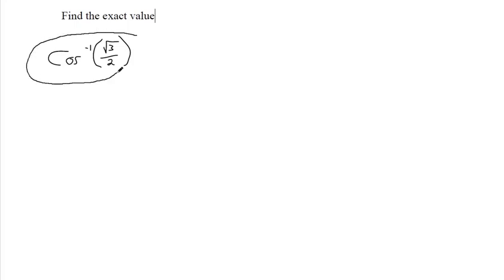We're asked to find the exact value. And so we could say that we don't know what it is, but we know it's going to be equal to y. And now this is an equation that we can manipulate into something a little bit more familiar, right? Because this is inverse cosine. So if I take cosine of both sides of the equation,